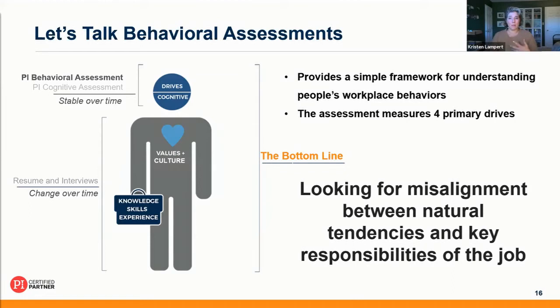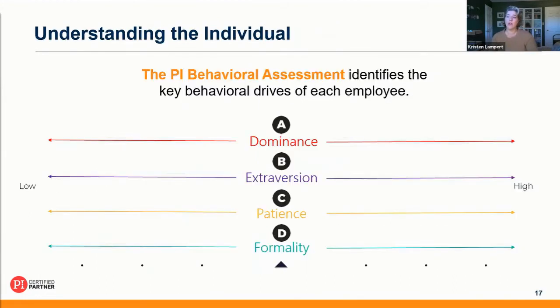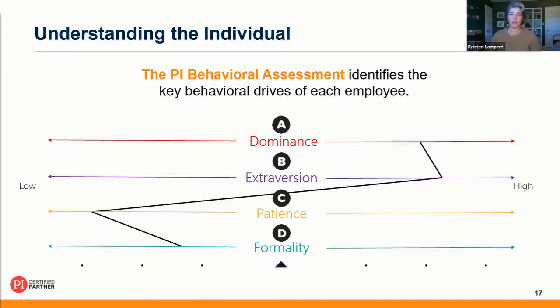So the way we think about it, there are really 4 key areas. And when we think about those 4 drivers, we're talking about, 1, the drive for dominance. Dominance is your desire to exert your influence on people or events. In this case, we've got someone plotted right here, about 2 sigmas over, and understanding where they sit, that means they have a somewhat moderate level of dominance in their natural state.